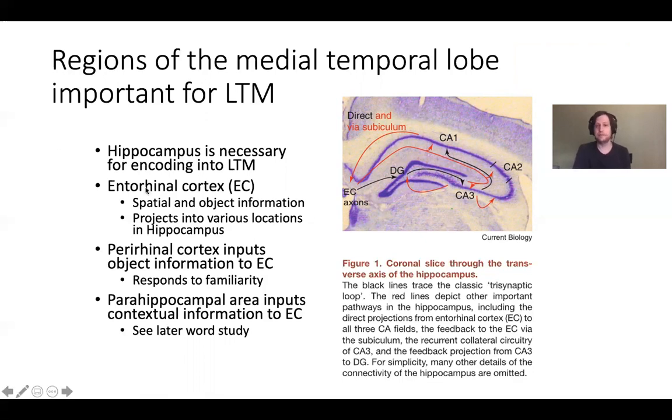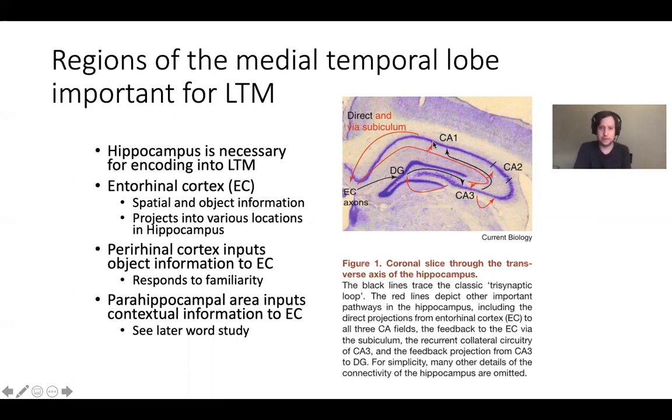So we know in general from the lesion studies that the hippocampus is necessary for the encoding of long-term declarative memories. When HM's hippocampus was lesioned, when it was removed, he was no longer able to form new long-term declarative memories. The entorhinal cortex, EC, I mentioned, receives those 2 inputs and then sends the signal up into the hippocampus. You can actually see the entorhinal cortex in the stained brain right here. There's the EC, and you can see that there's an arrow going from EC into the hippocampus right here.